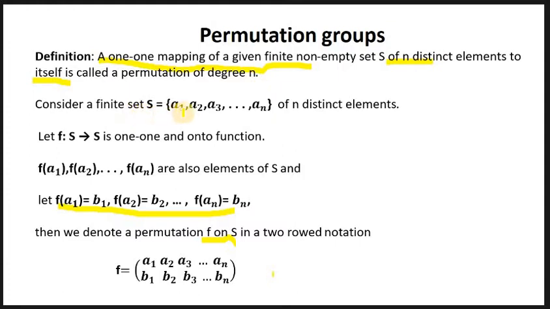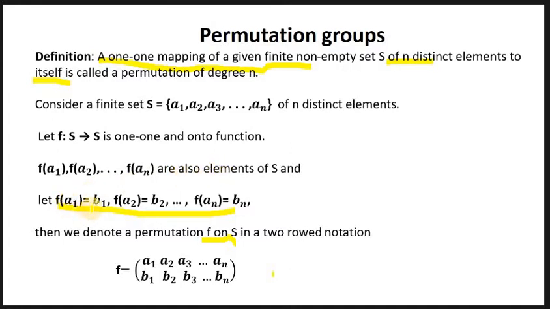Now consider S equal to a1, a2, a3, so on an, of n distinct elements, and define a mapping f from S to S itself, and let us take this as 1-1 and onto. 1-1 means every element of the domain S has an image, and onto means the elements of the codomain, that is the next set S here, are the images of these, and they are unique images: f of a1, f of a2, f of an.